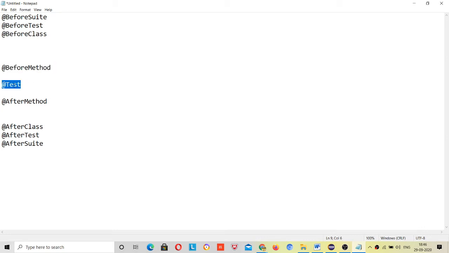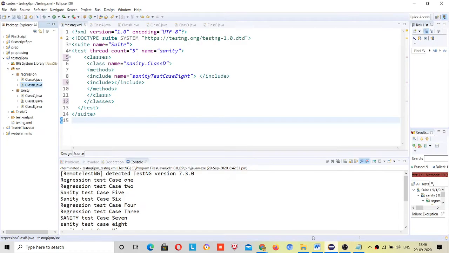Before running any test method, it will run this before method, and after completing the test it will run the after method, and then follow its priority, right? I will be showing you this practically.